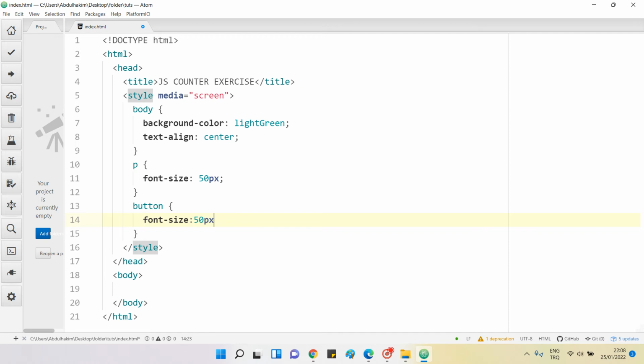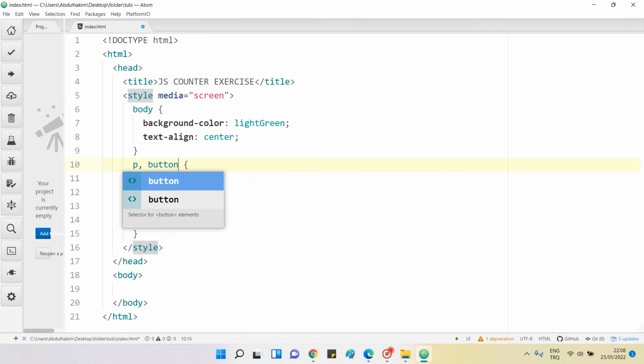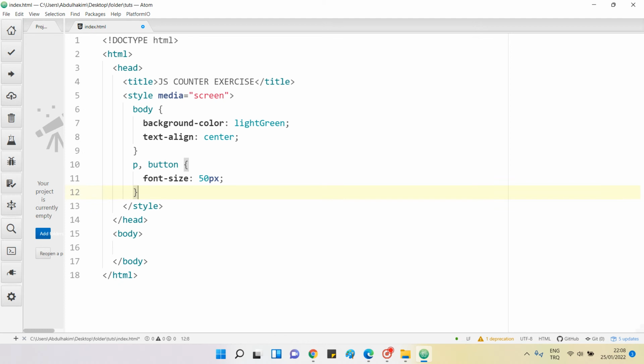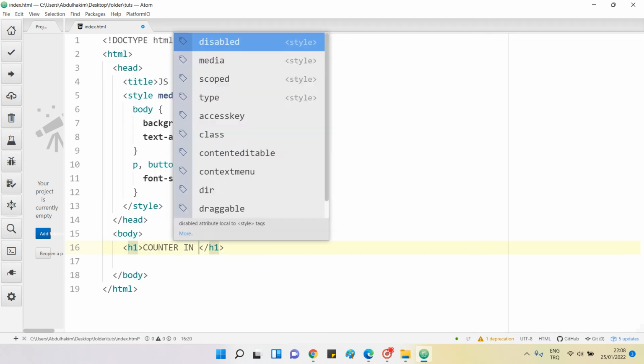But instead of writing these two separately, because the effect is the same, I can just say paragraph and button, put a comma between them, and they should both have 50 pixel size. And that's it for the style. And now we can move on to the HTML page, and the h1 tag should be